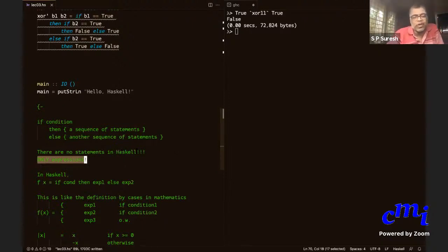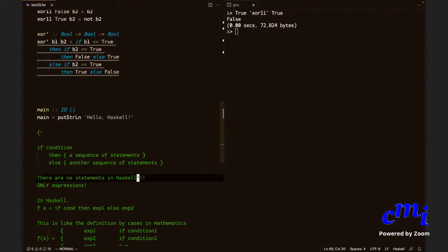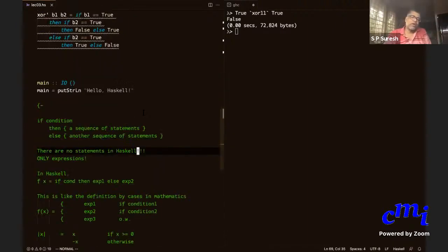Don't take this to be gospel truth. Later you'll see that there are some control statements, etc. For now, we'll just go with this. Okay, good.